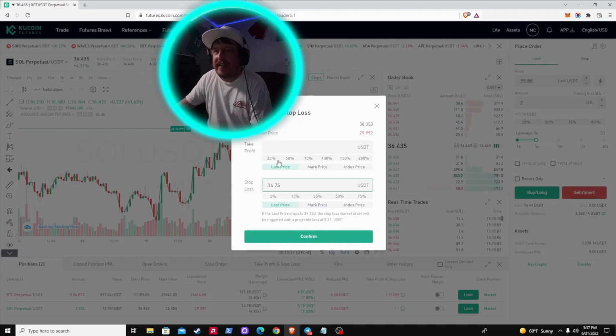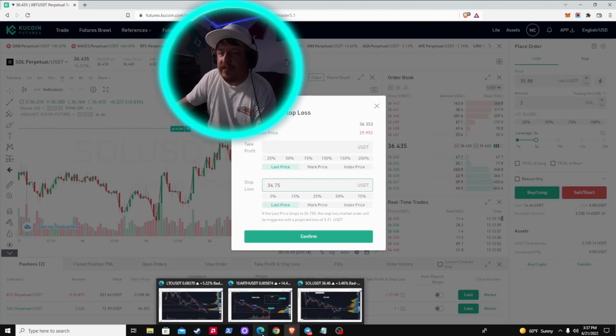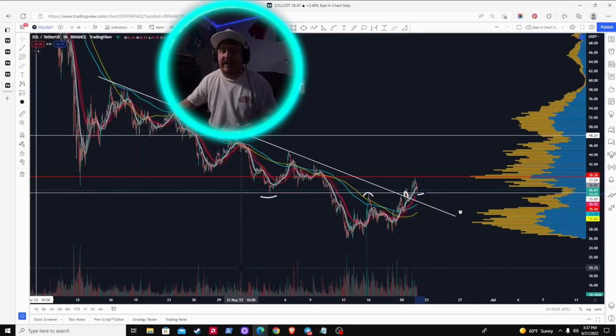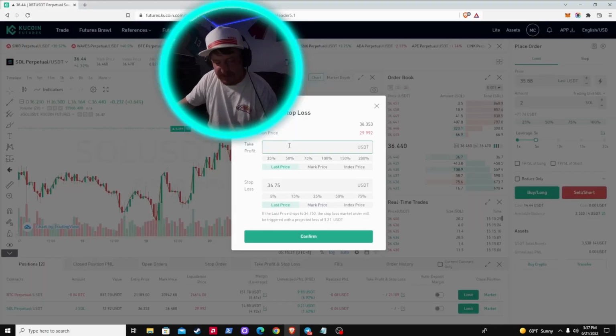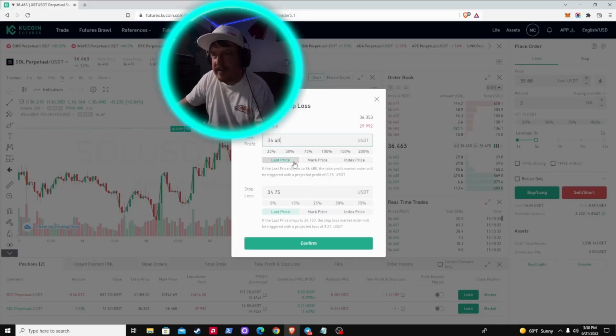Now, on the flip side, if you wanted to have a take profit level as well, say you're going to bed and you don't want to miss out because you really wanted to ride this up to maybe a double top potential up here, just under that at 36.48, I could go back here and type in 36.48 there. Ignore all of this. I'll explain that in a different video, but it's just not important right now, so don't mess with what it's already set at there.